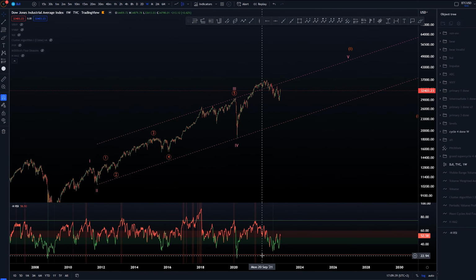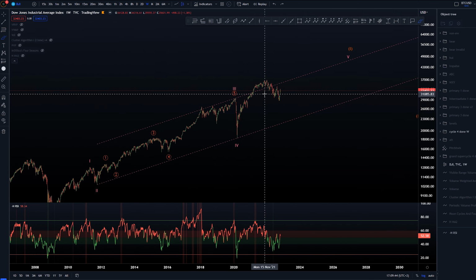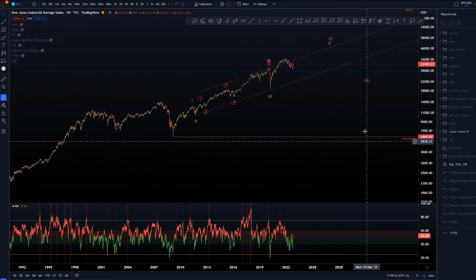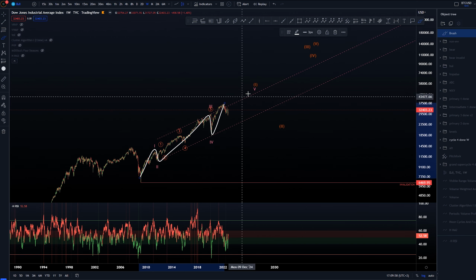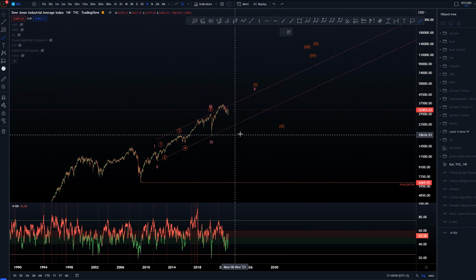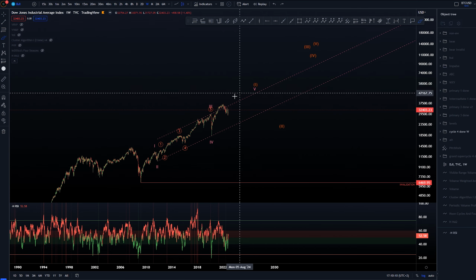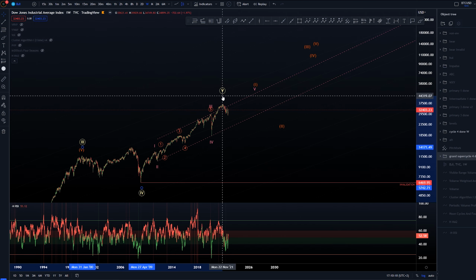When this cycle is done, we should be taking out these lows here and also the previous lows, and that is most likely giving us some kind of confidence and confirmation that this whole structure is done. Now, the overall idea here is either that we are creating this as a wave 1, 2, 3, 4 and 5th here, completing the wave 1 of supercycle for the last leg upwards for that grand supercycle, or we would be creating this as a 1, 2, 3, 4 and 5th of supercycle that would be finishing up the very higher time frame 5th wave up in here.